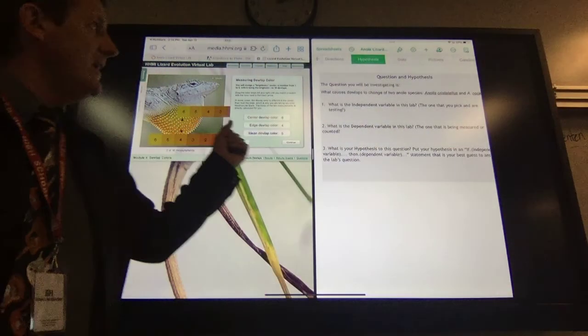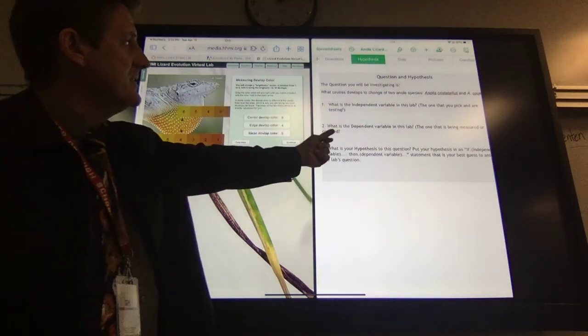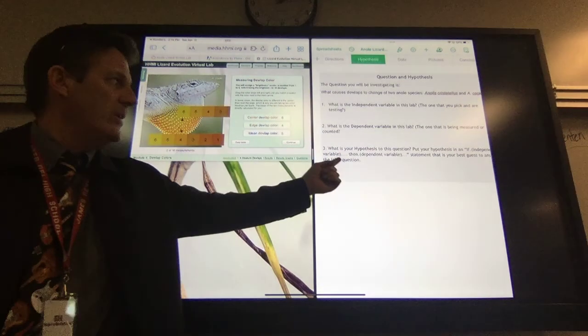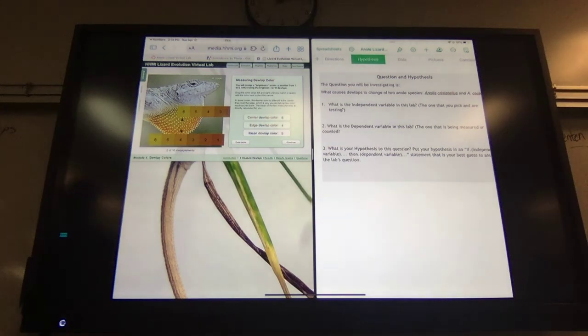So before we leave the hypothesis, let's do that real quick. The formula is always if, then. And it's if independent variable, then dependent variable. So we said the independent variable was color. So if we examine the color variation of dewlaps,